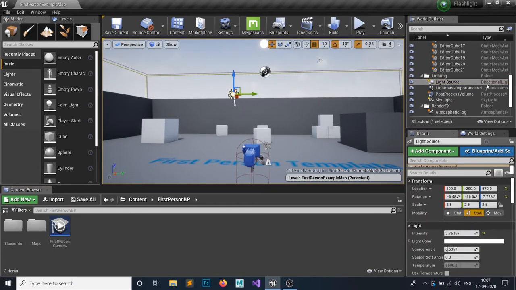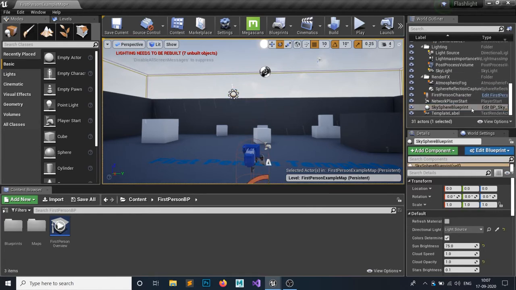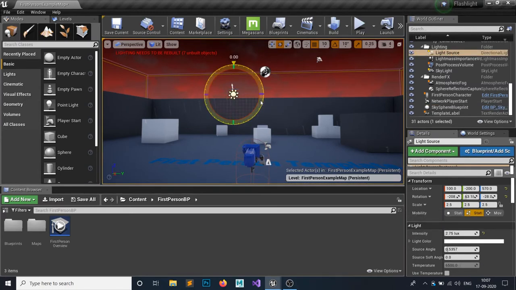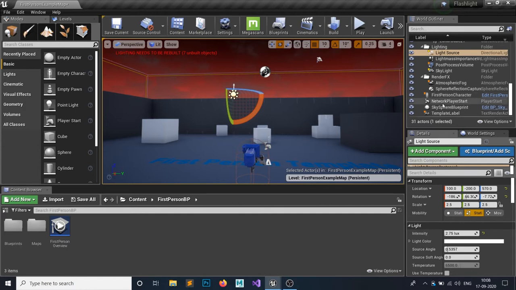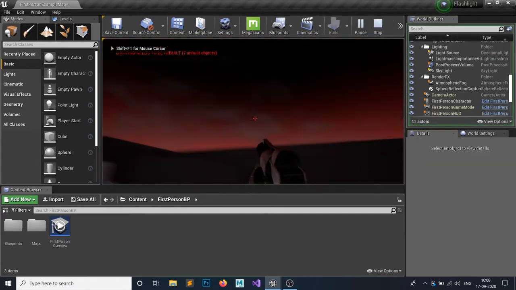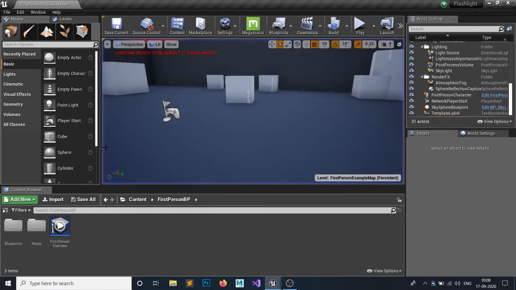So this is our light source. Let's just toggle it to something like in here. So this looks like our night. Then click on your sky sphere and tick this refresh material. So I think this might, yep, I think this will work. Click on the refresh material. If you hit play, yeah, I'm happy with this night sky because it's dark too, we can save it.